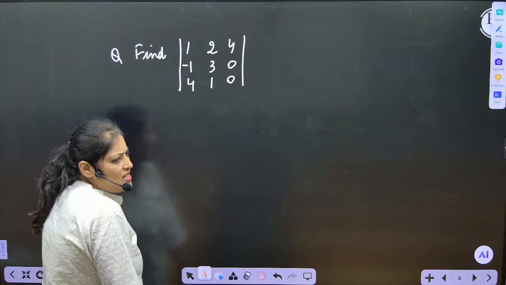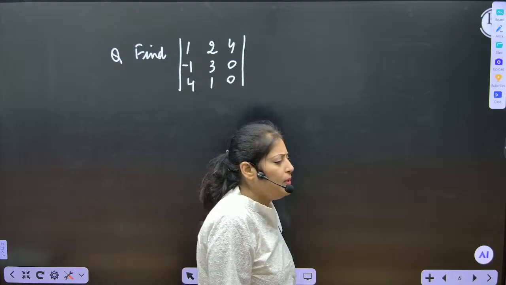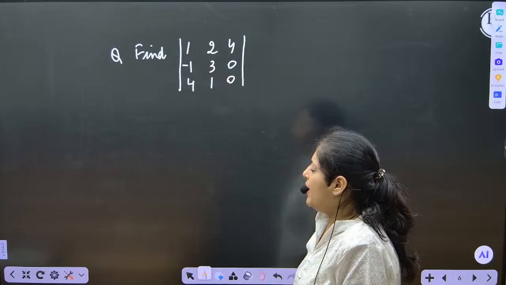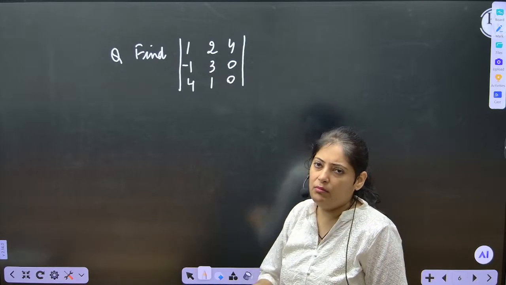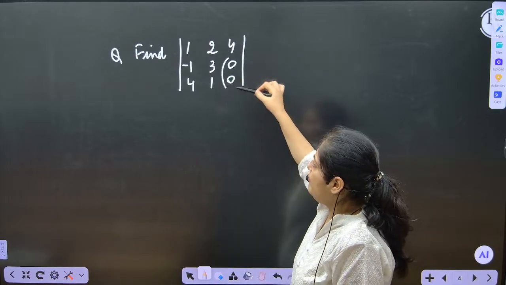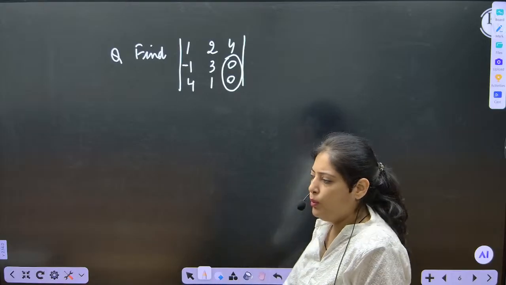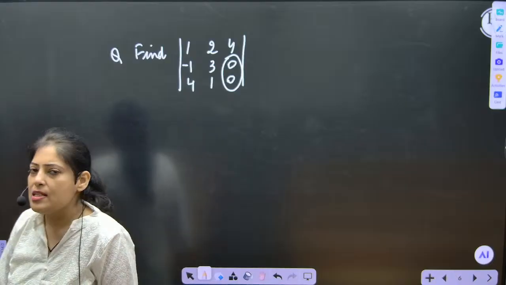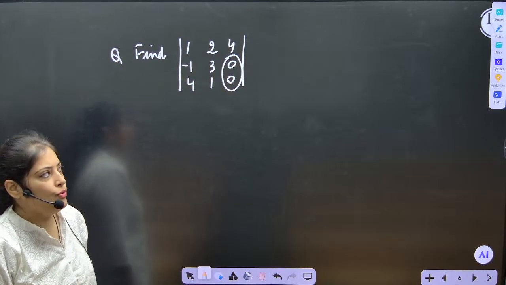It is not necessary that I should take a book example only, but randomly I have taken. My main aim is to tell you, whenever any row and any column is having zeros,